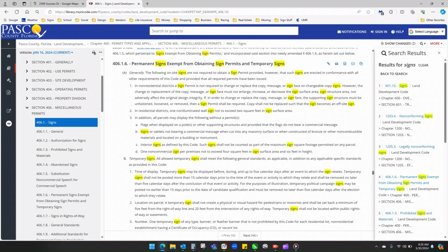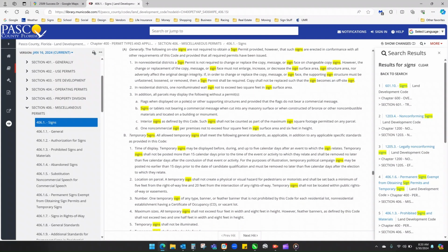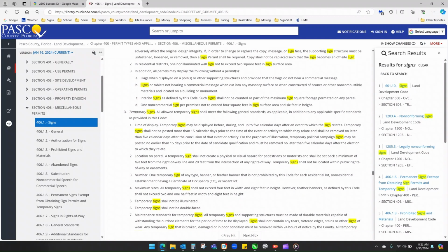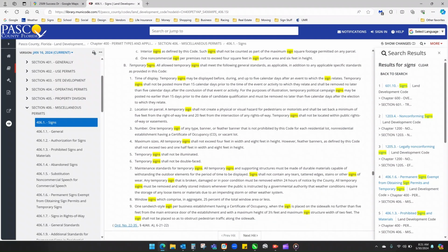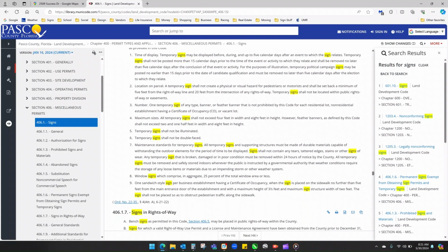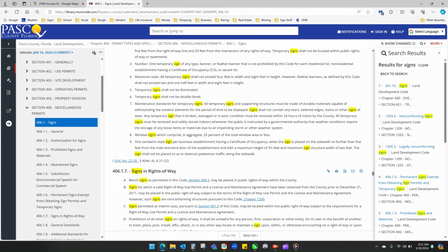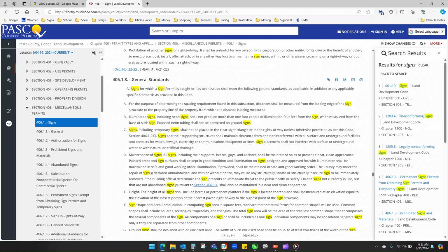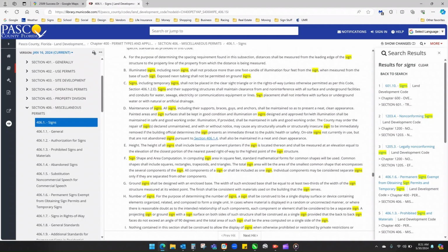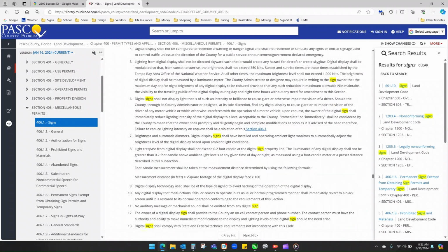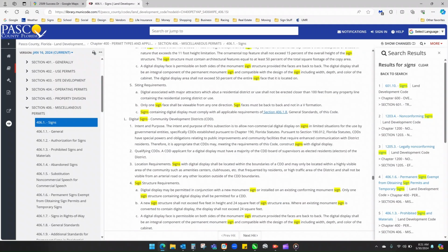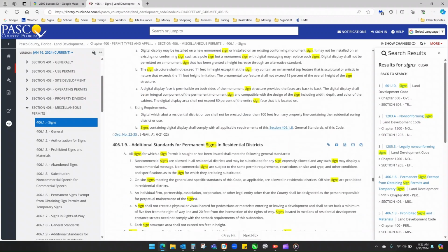Sometimes it also gives you information about signs that don't need a permit. So that would be mostly like a real estate sign, any kind of flag, interior sign. It's telling you a temporary sign. Again, that's like a real estate sign. It gives you the number of temporary signs you can have, the maximum sizes. But we're looking for the allowed square foot, what that is based off of your building size. Most of the time, there should be a table that explains